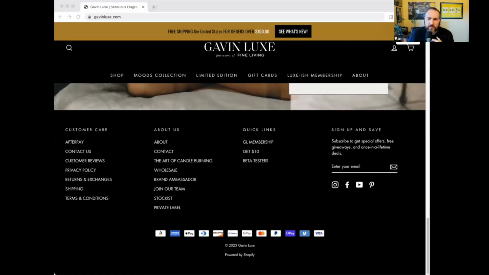Nothing on this page. I was just going to say in the footer, I feel like some of the links could be reprioritized because the first thing I see is Afterpay, and most customers aren't even going to know what that is unless they've already used it. So I would want to make the most common things at the top, and then Afterpay could be discussed under payment methods, or I don't know.